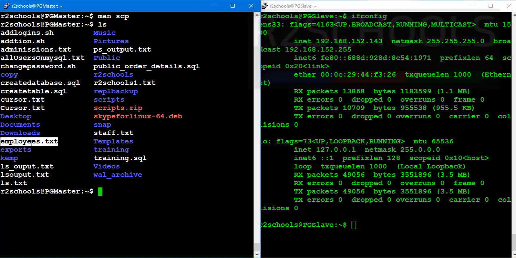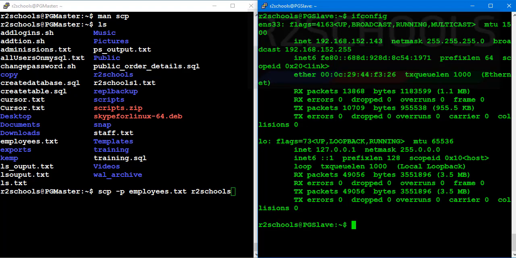Now I am going to copy this employees.txt file to this host. scp -p, then the file name, employees.txt, and the target. Here first we have to give the target username, r2schools. Here the user is also the same.